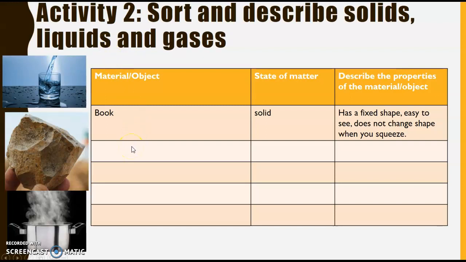And on the table, I'd give you advice to have this column a little bit smaller than the last column. You need more space on the last column because that's where you put in quite a lot of information. I've given you an example, and the example is a book. And state of matter, the book is a solid. Now, I had to describe the properties of